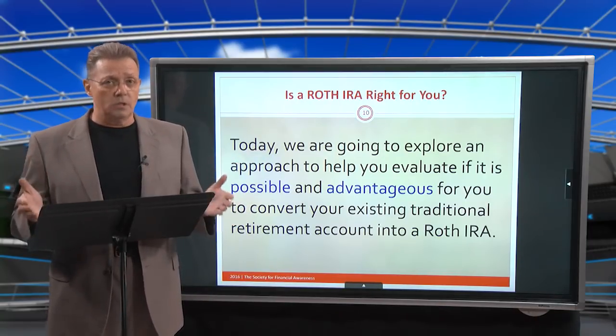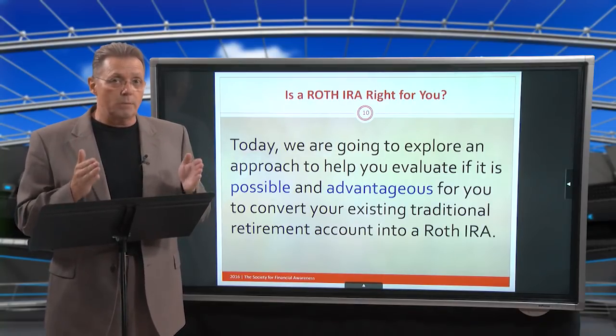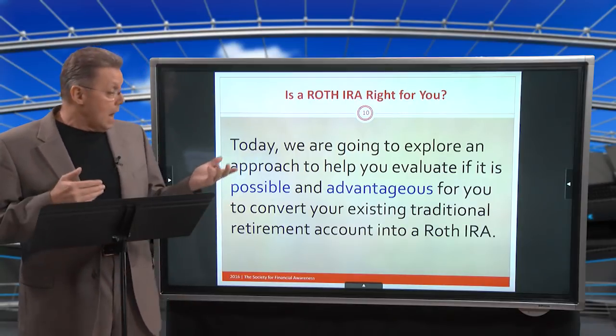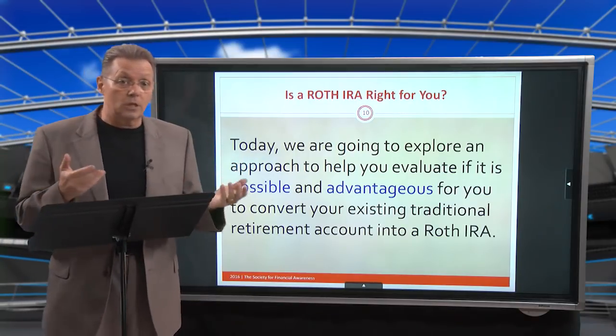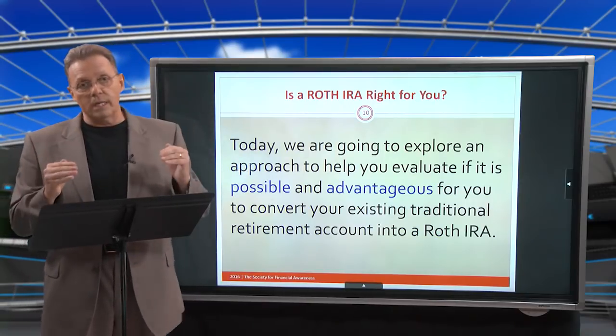I think about the numbers we're putting aside. I would definitely put aside the employer match in my 401k. But after that, I might be looking at Roth or HSA accounts, because I think those are really good ideas. So when I'm looking at that, the first thing I want to know is, am I